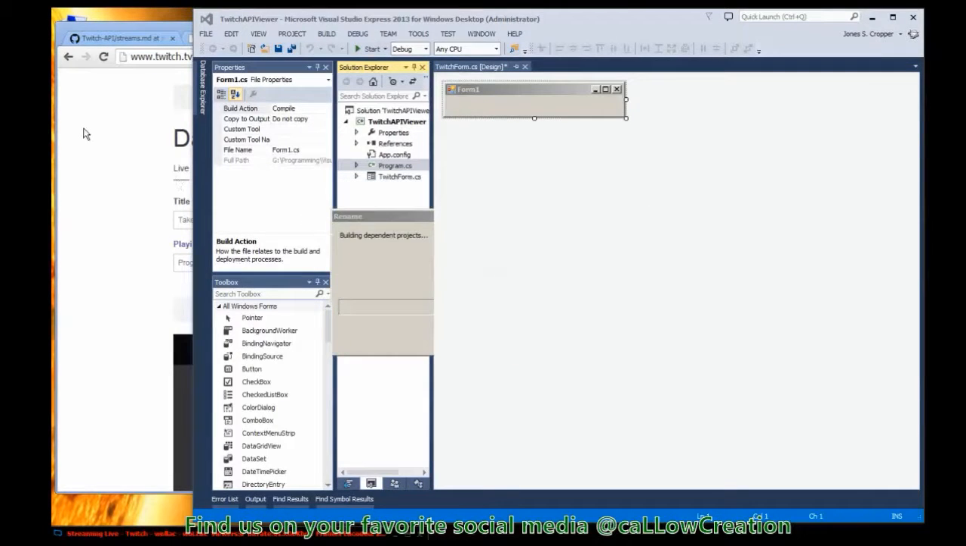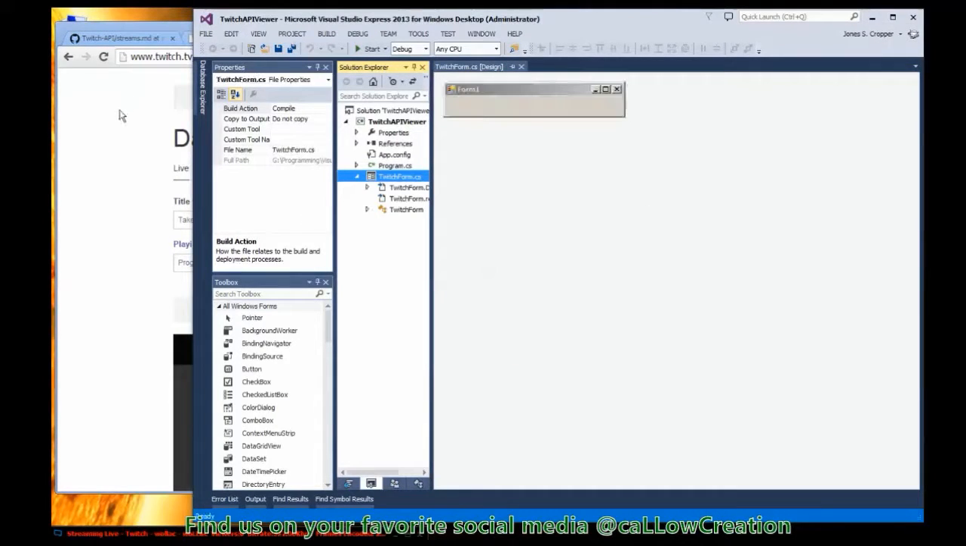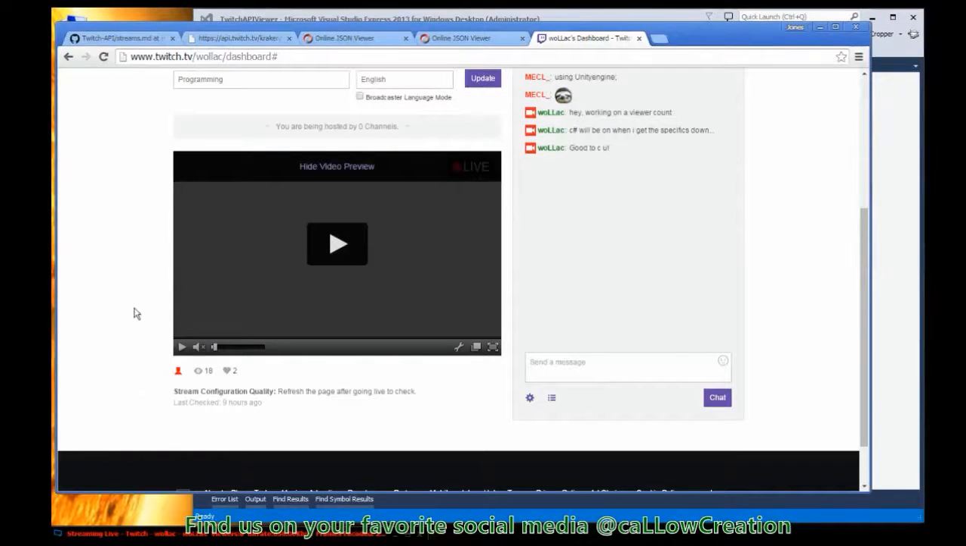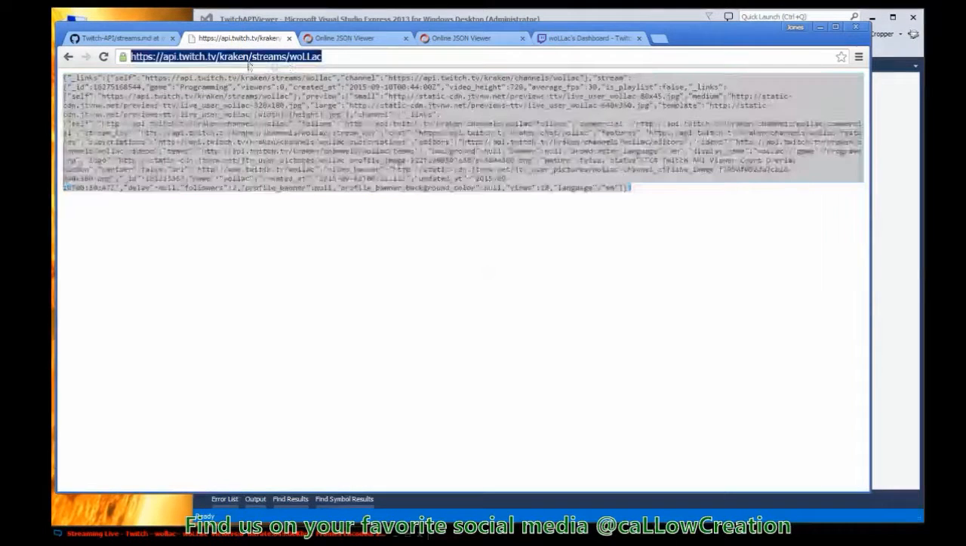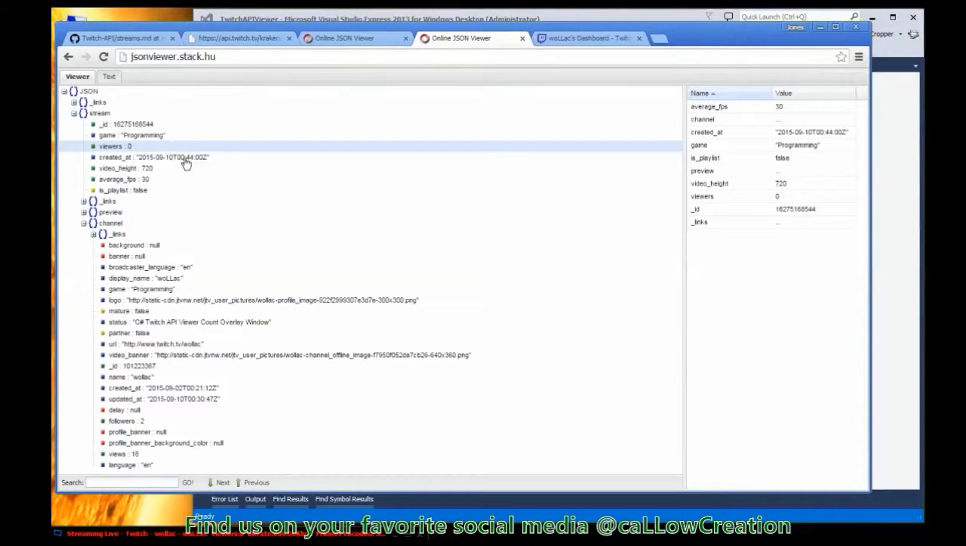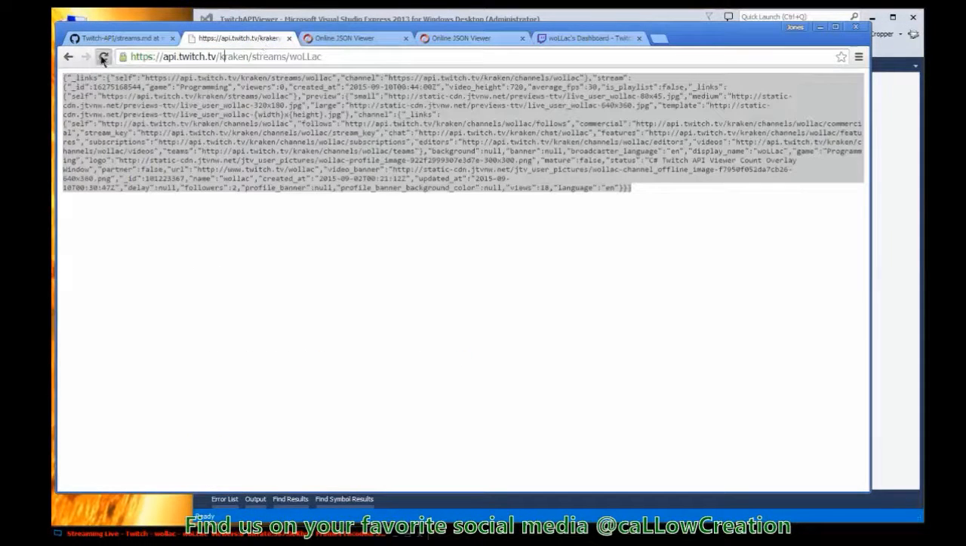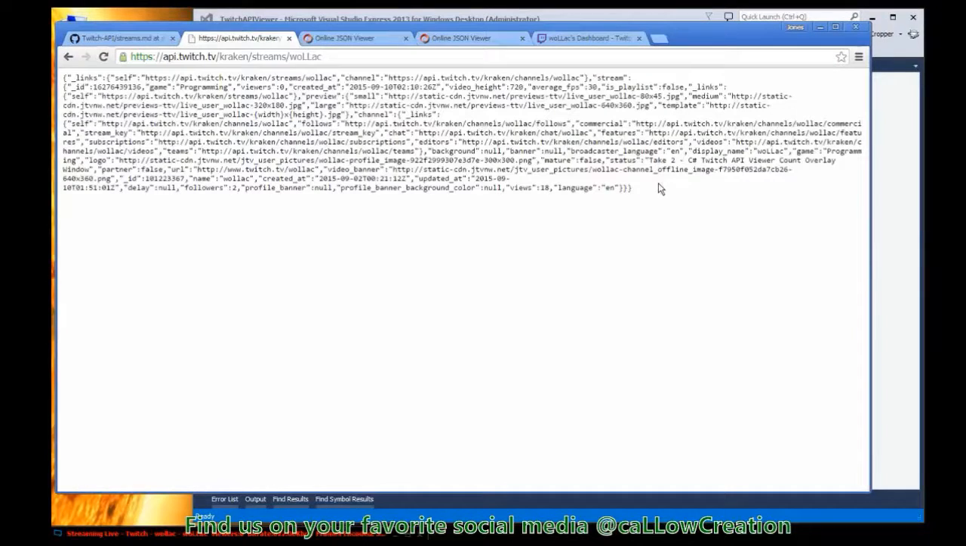No, this accesses the Twitch's API. Here is the URL. It's the data you get back. If you want to visualize the data, there are lots of JSON viewers online. So this is what my data looks like. Right now, let's refresh it. My data looks